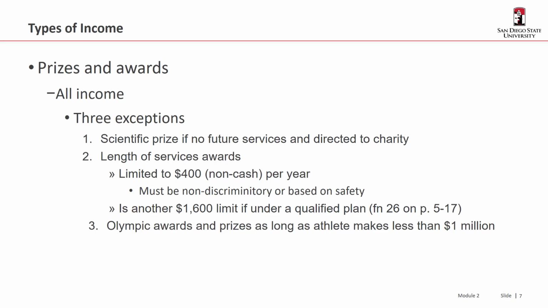And there is a threshold by which that exclusion disappears, and that happens when the athlete has taxable income of more than $1 million. So I like to think of that as the Michael Phelps rule. Michael Phelps had millions and millions of dollars worth of endorsements for Subway. And so when he received his Olympic prizes and awards from the U.S. Olympic Committee, he would have to recognize those as income. Whereas think about like the luge rider. The luge rider never ends up on the Wheaties box. And so as a result, they probably are more likely to be able to exclude their Olympic awards.